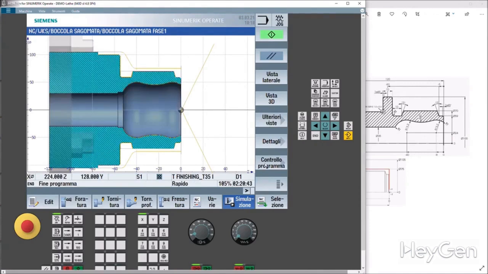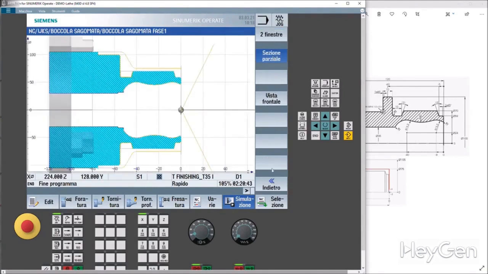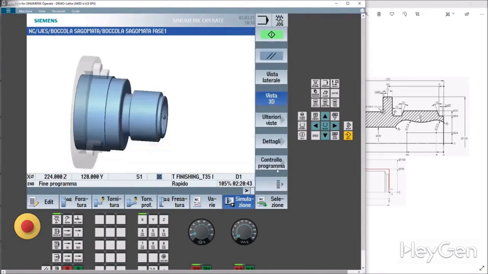We can go back to 3D. Point of view. Let's see. Details. Cut. Perfect. Active cut.